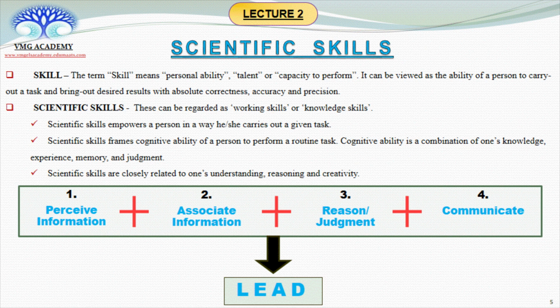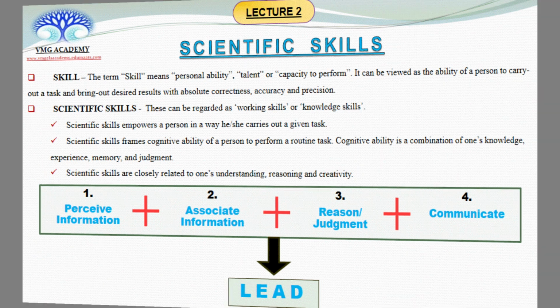Third is the ability of a person to make some decisions and to be able to give some reasons on the basis of which the decision has been made. Now, this depends upon the scientific principles of observation and analysis. A person should be able to judge and draw some conclusions. Fourth is the ability of a person to communicate ideas with others. A combination of these four skills leads to overall development of cognitive abilities of the person.